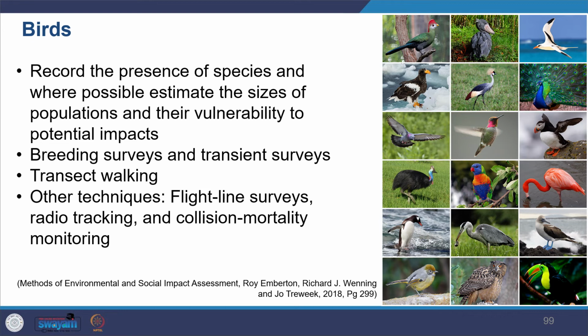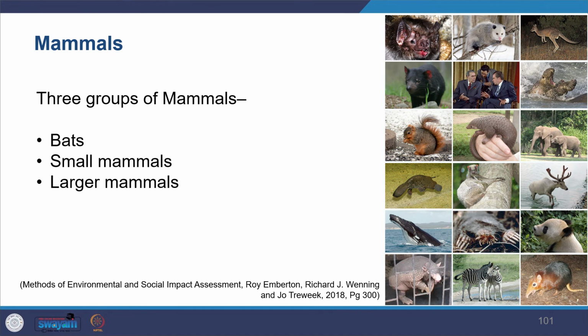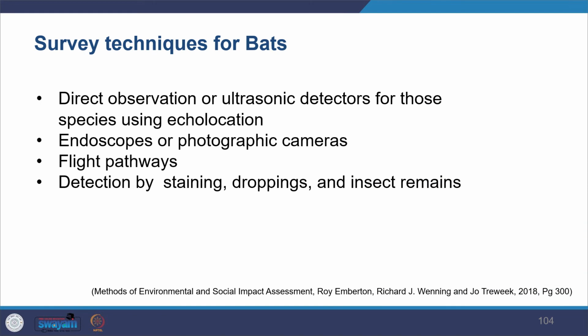So you also need to do this for mammals. Depending on the range, for different groups of mammals, you need to undertake studies. You can use ultrasonic detectors for different species. Ultrasonic detectors are said to be a useful tool for both identifying the species which are present and also their activity. And then you can also have endoscopes and photographic cameras. You can also look at foraging bats using flight pathways. Then you can look at roost structure. Roosts may be found in places such as buildings, trees, caves, mines and tunnels.